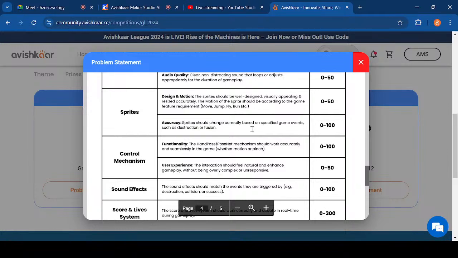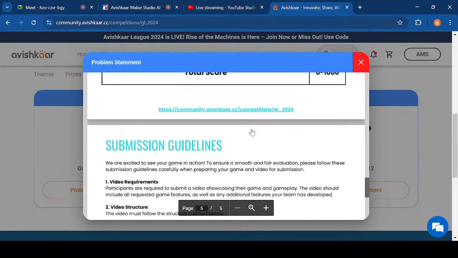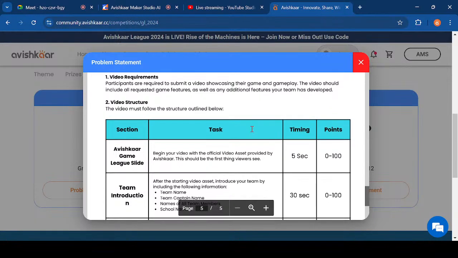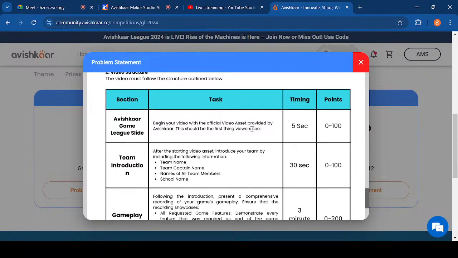Okay, similarly, scroll down, there is another submission guideline for video, how you need to submit it, and what are the points for each of this. The Avishkar Game League slide will be available by Monday, and you can add it into your video and then submit it. Okay. Similarly, if you quickly go through the middle level problem statement,